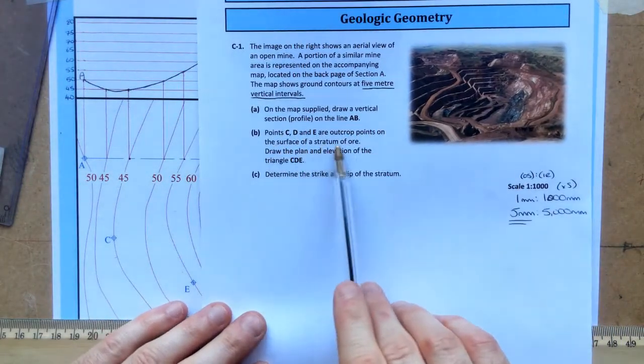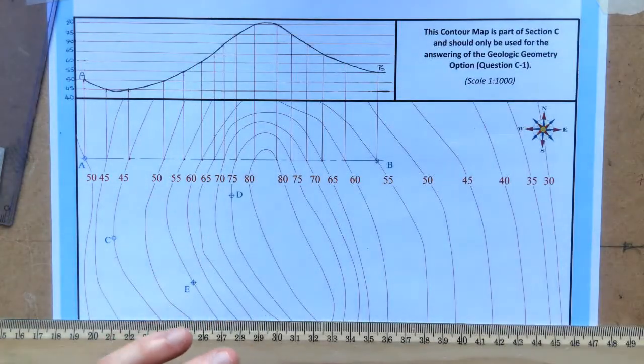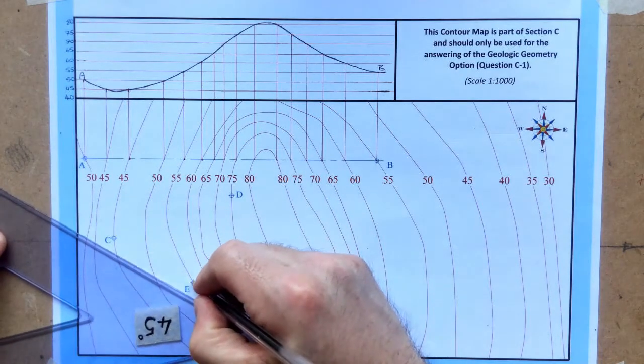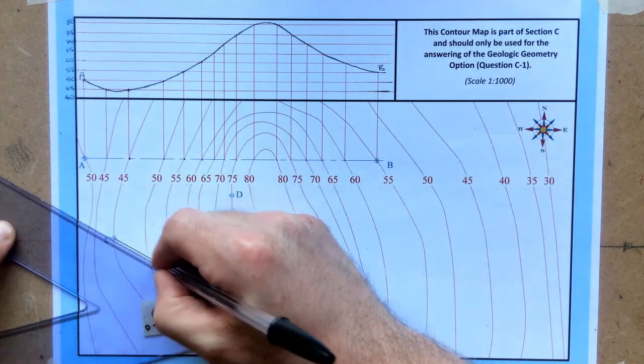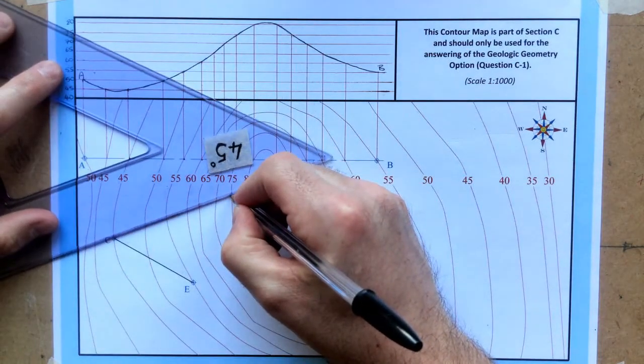outcrop points on the surface of a stratum of ore. Draw the plan and elevation of the triangle CDE. So quite easy. They've given us the points in plan. So I'm just going to connect up all the points. We get marks just for doing this. C, D,